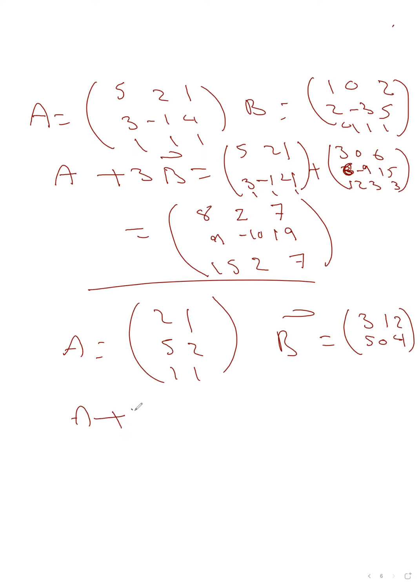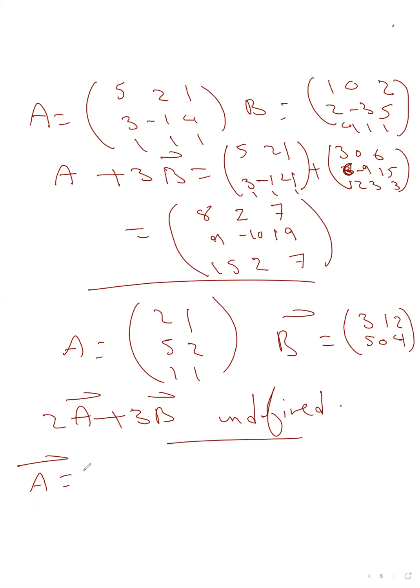Can you add A plus 3B? ممكن؟ لا، يبقى دي undefined. تمام يا شباب؟ طيب ليه؟ حضرتك كاتب 1 بلس 12 ب 13 كويس، 1 بلس 3 ب 4 كده كويس. اه طيب شكرا